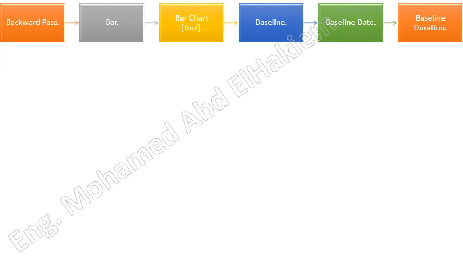Budget. The approved estimate for the project or any work breakdown structure component or any schedule activity. See also estimate. Calendar. A table or register of dates containing the days of each month and week in one